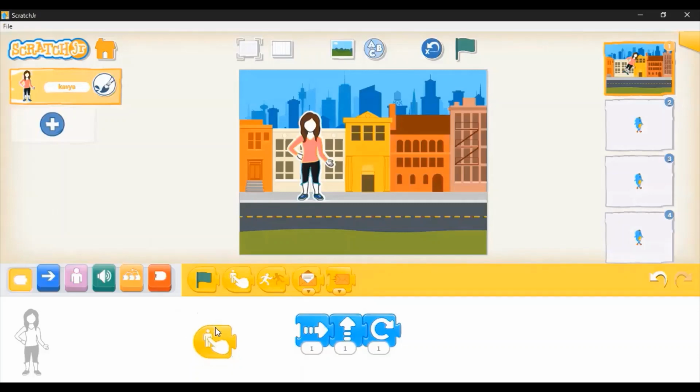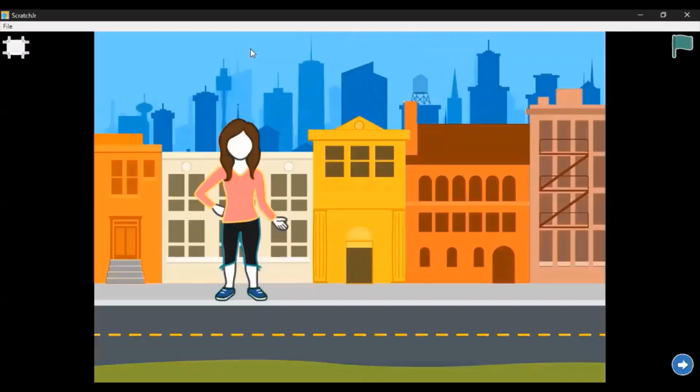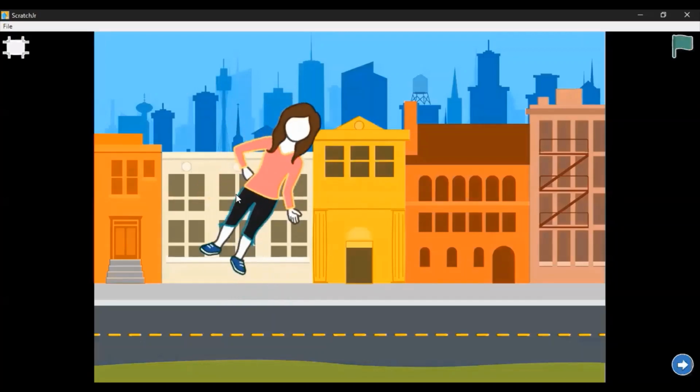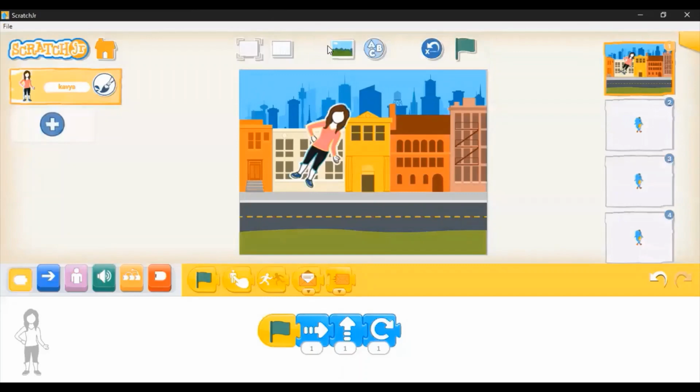I will separate this and simply remove a particular block, you can just place it back. Now I use this green flag generally. So now when you see this green flag in the top, which I explained is basically to run the code. So when I go to the presentation mode, that means full screen mode, and I click on this green flag, the character will perform the task that I have programmed it to do. All right, so you saw. Now I'll exit this. I will reset it.